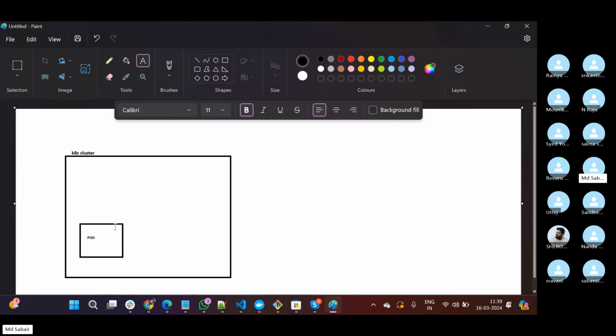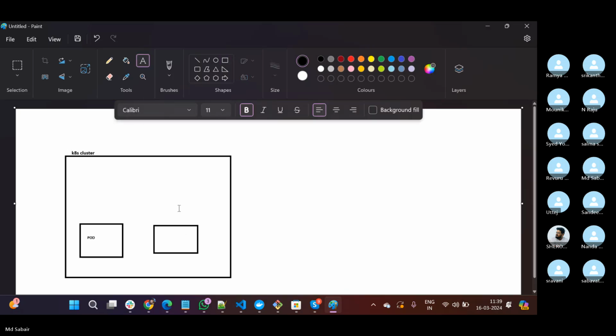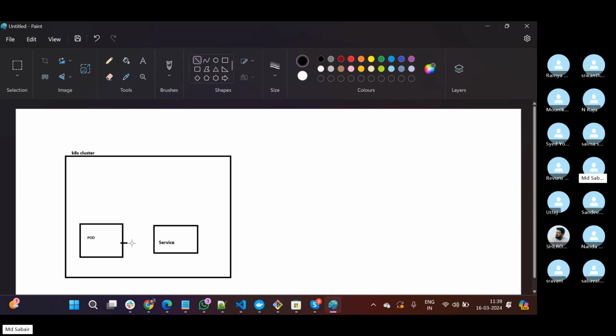And to this pod we used to create one service. So this service can be either NodePort or LoadBalancer to expose to the outside world, right? So this pod is mapped to the service,